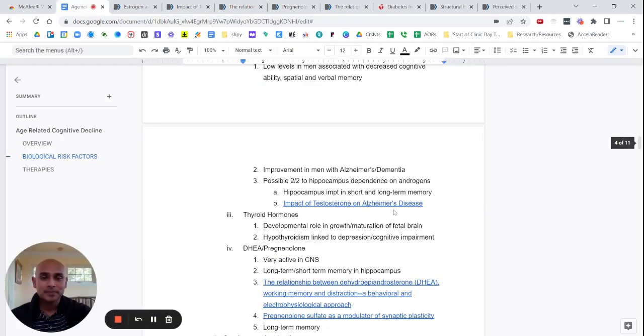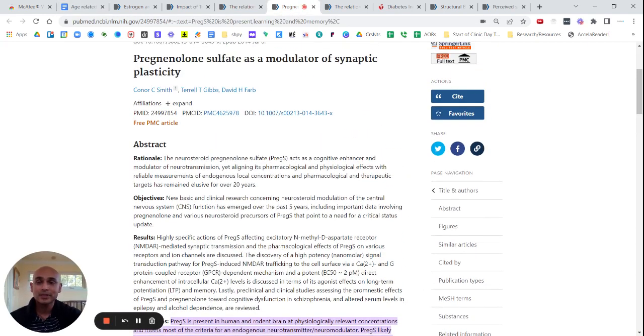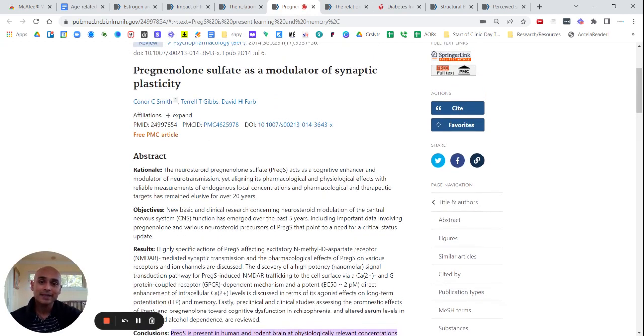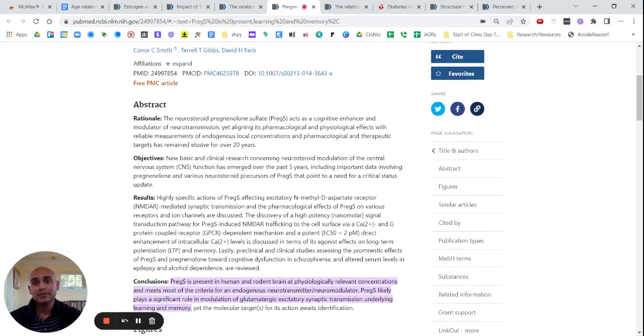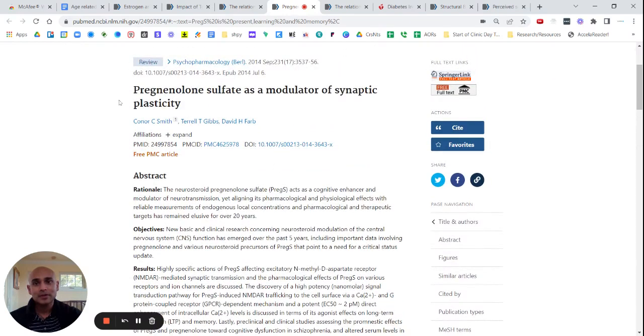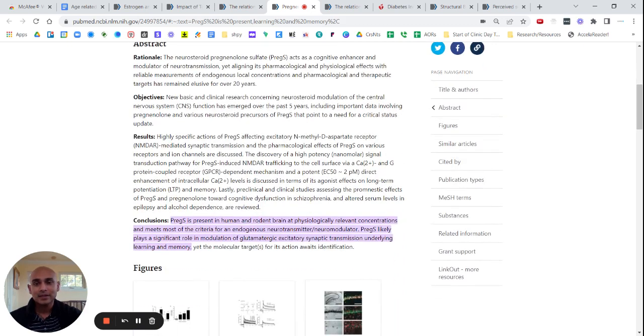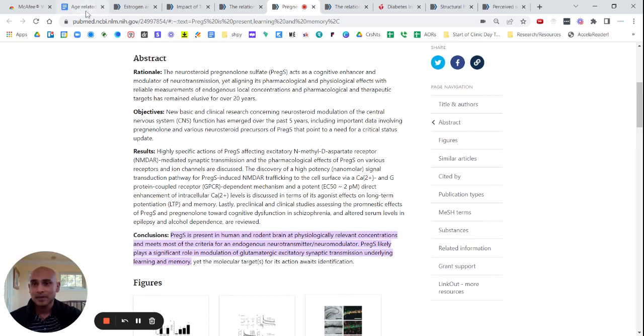And then the other article that was important was on pregnenolone. Pregnenolone is an important neurosteroid. For some time, we had known that it acts in the CNS and acts as a cognitive enhancer, but we didn't know what exactly it did. Recently, this particular article looked at a lot of the articles surrounding pregnenolone, and it appears that it works in terms of modulating the NMDA receptor, or rather synaptic transmission of NMDA, and by virtue of this, it seems to improve memory as well as mood and